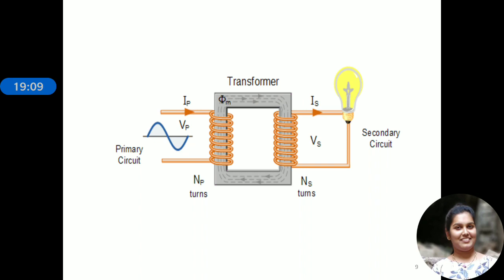Because of these voltages, the load will be driven. Here I am applying a current, and because of this current, an EMF will be induced in the secondary winding, and because of the voltage induced in the secondary winding, a proportionate amount of voltage or current will be observed at the load.